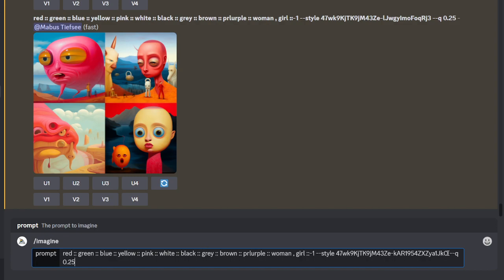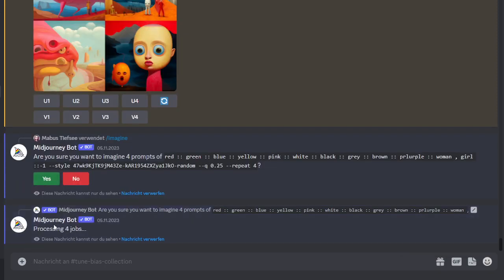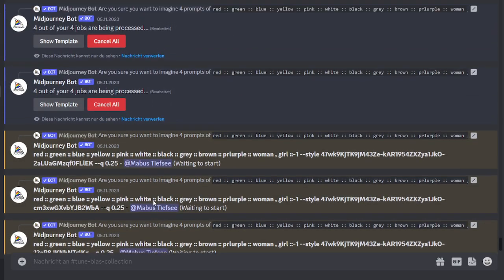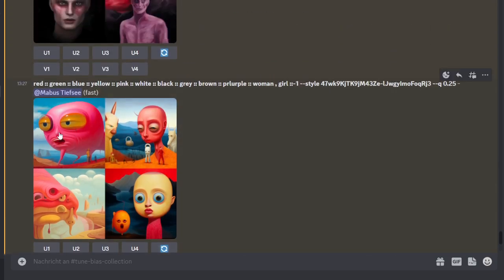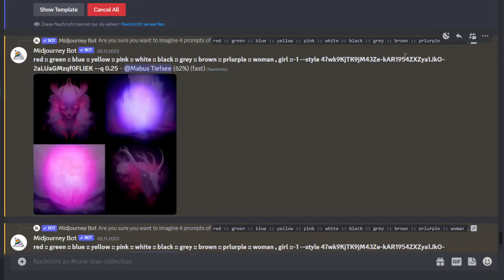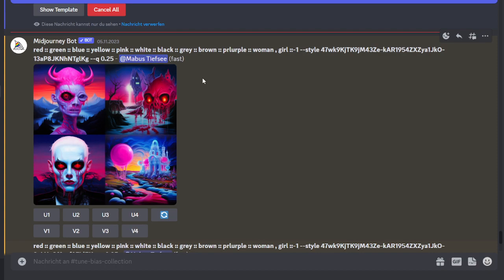Take that style again and add dash random behind it, and dash dash repeat. Click multiple times, yes, because those grow really slowly and never as good. Those got 50% of the previous style and 50% of the new style. Those, on the other hand, got the original, the second, and a third style. That means only one quarter